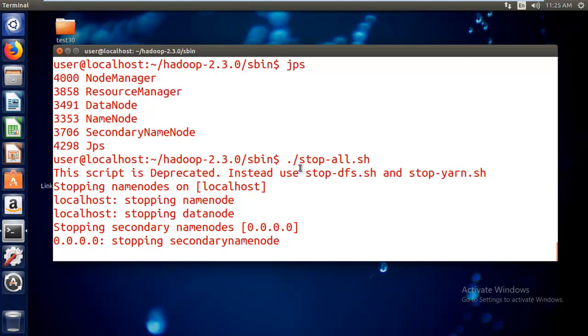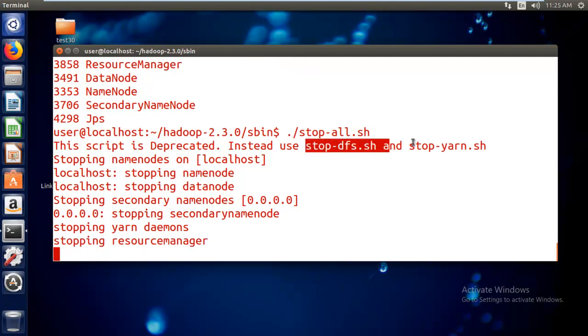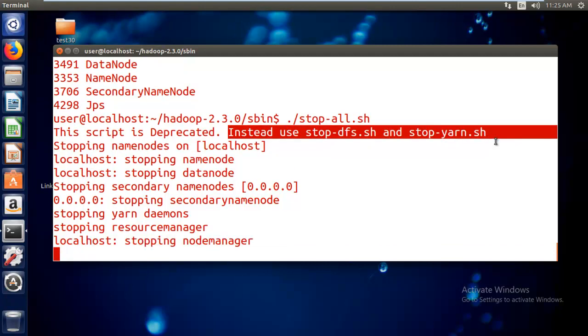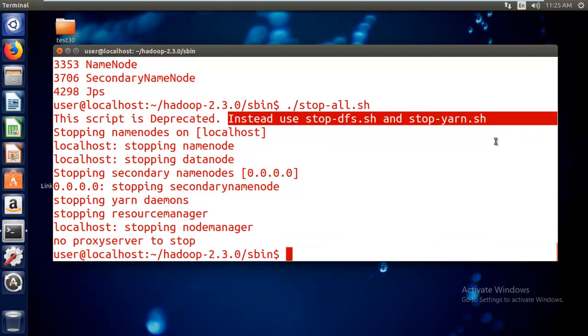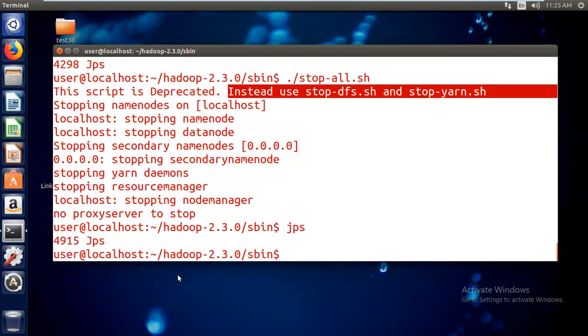So these are the commands. Here you can see it's saying very clearly, this script is deprecated, instead use stop-dfs.sh and stop-yarn.sh. So it means starting and stopping DFS, nothing but Hadoop, and YARN related commands separately. So this is the best option. Okay, and now we verify.